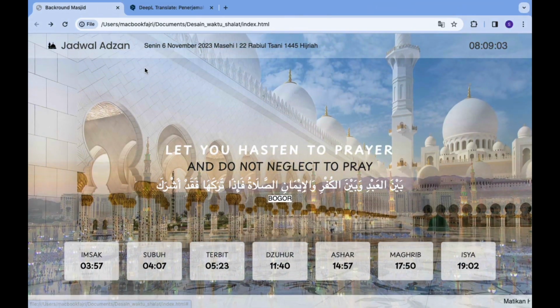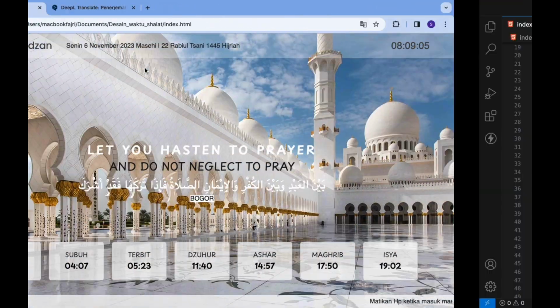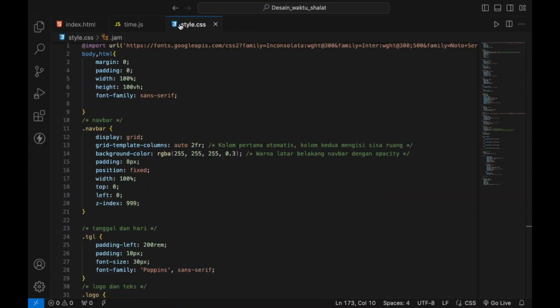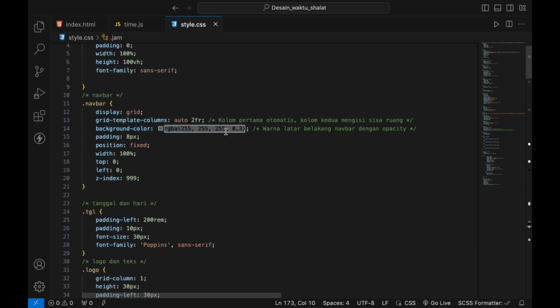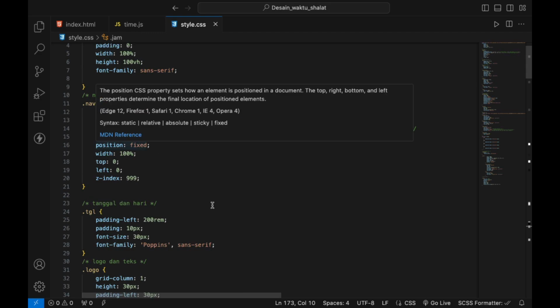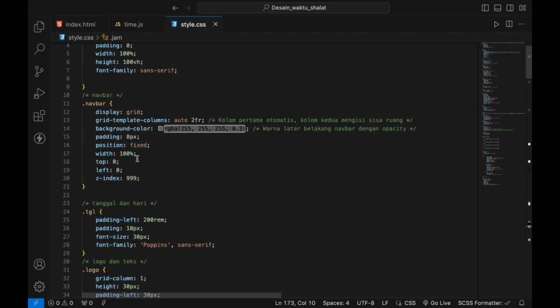Now in CSS, this is the styling of the navbar: display grid, grid template columns, and this is the background color. I make the navbar with opacity, then padding 8px, position fixed.